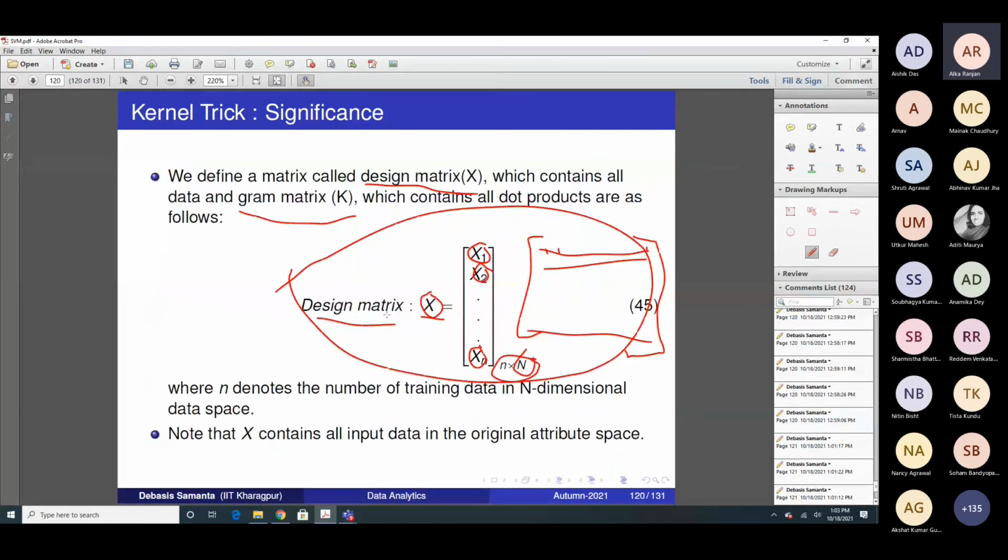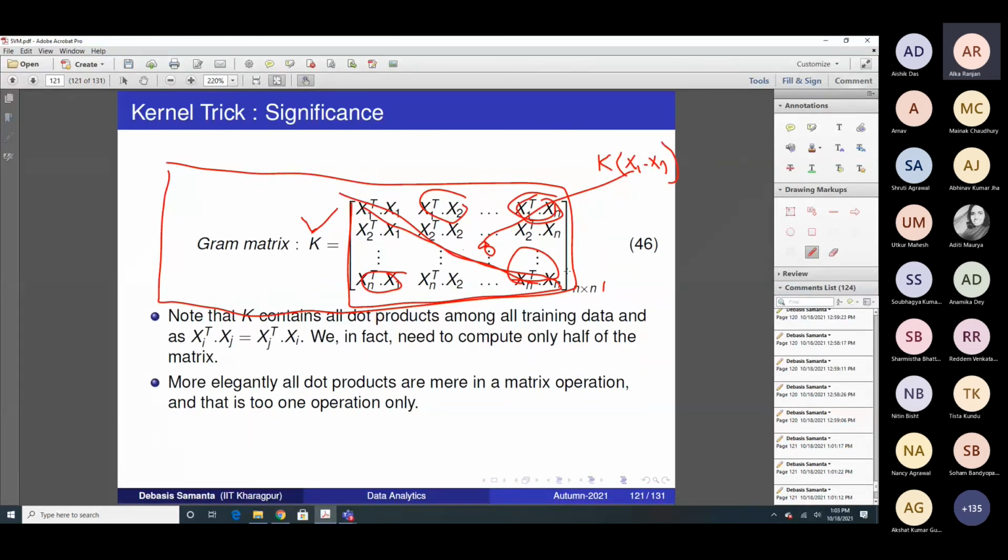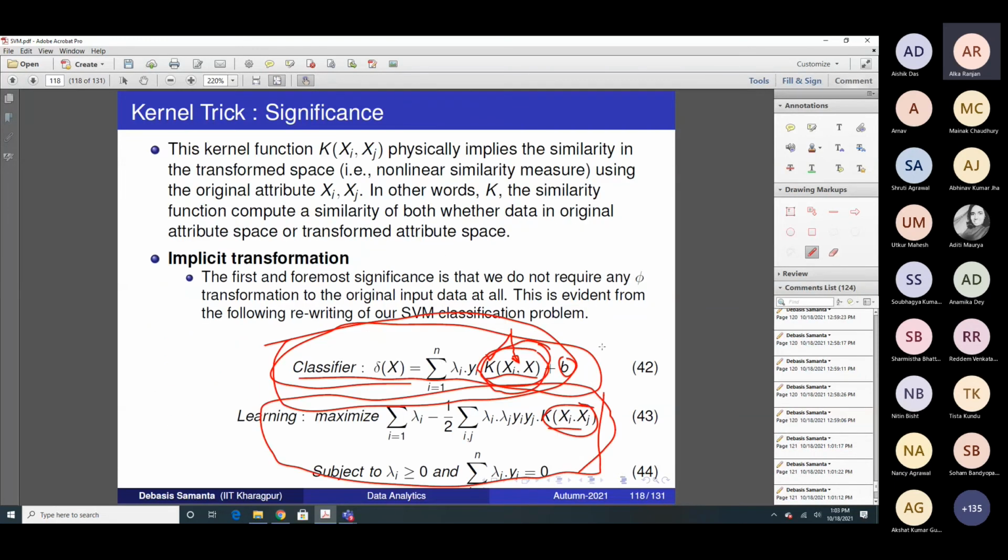This Gram matrix can be obtained from the design matrix, because it will tell you what are the different products that need to be stored, and corresponding to those products, what are the K values or kernel values to be stored. That's all. Okay, so your classification will be there, and you see in this classification i equals 1 to n, for those lambda i's which are non-zero, those calculations will be required. Again you see the cost of computation is only for those, not all i values or all n. So there is no n number of products required in the summation terms, only a few.